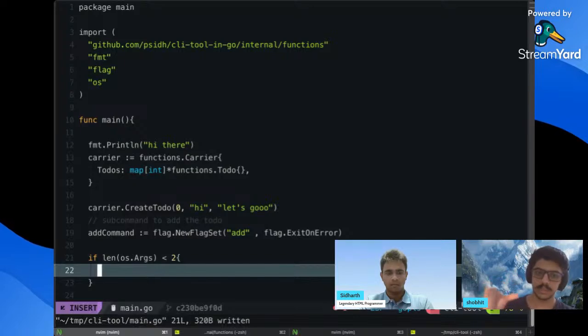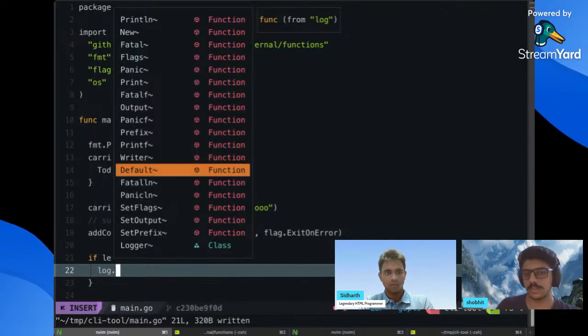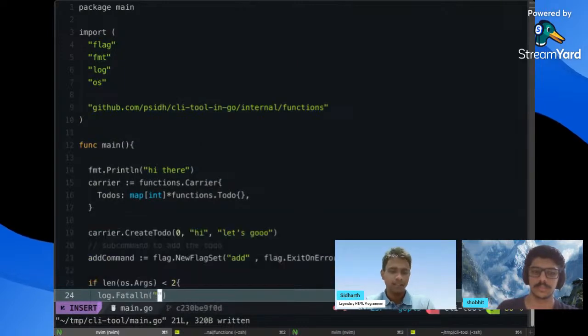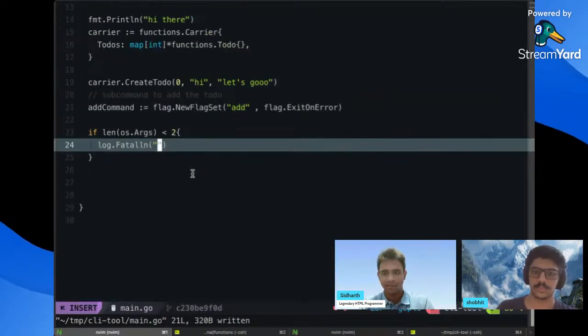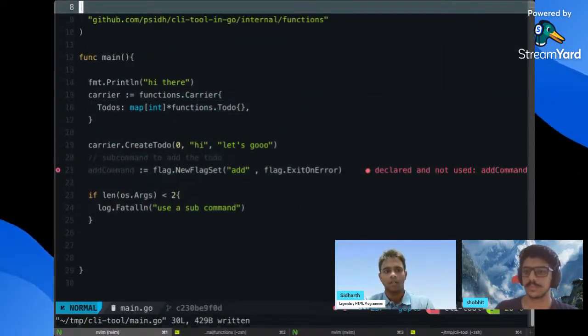तो हम बोलेंगे कि भाई अभी के लिए चाहे तो एरर फेंक दो, या चाहे तो बोल दो कि ऐड यूज सब कमांड या कुछ। मतलब fatal यूज करूंगा भाई, आज ही सीखा है, आज ही इंप्लीमेंट करूंगा। ठीक है। तो fatal, हाँ ठीक है, यूज सब कमांड करके। नॉट इनफ आर्ग्स, यूज सब कमांड। कुछ भी चलेगा, एज एन एरर का, तो इसको तो हम बाद में हटा के हेल्प पैनल के साथ हम चेंज कर देंगे। अच्छा अच्छा, ओके।